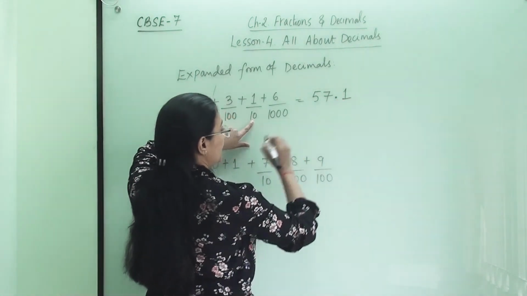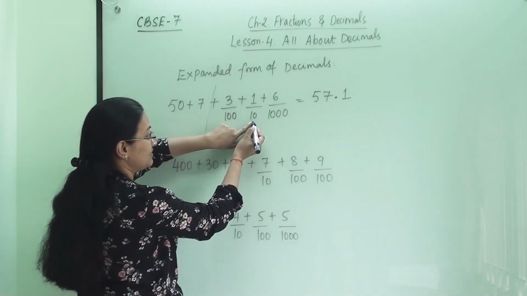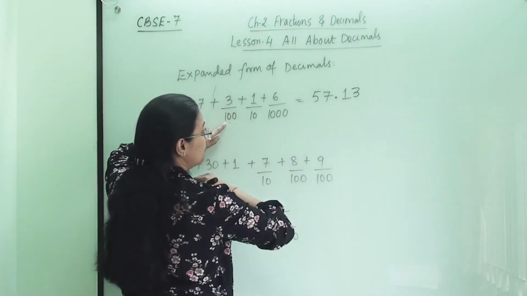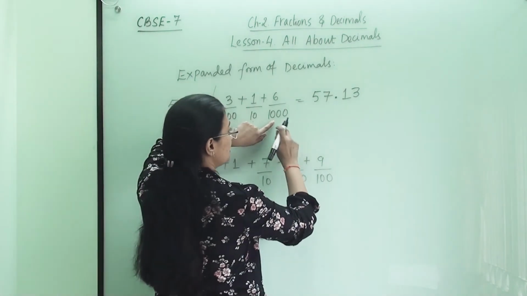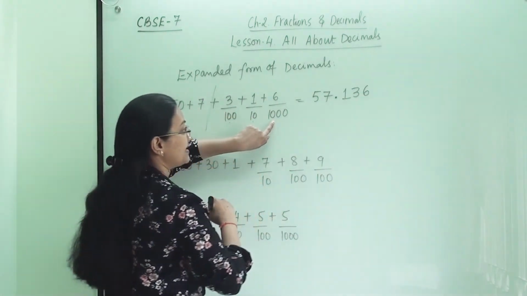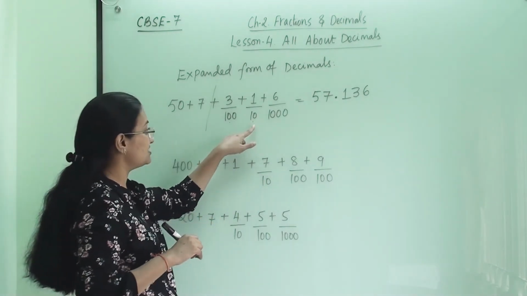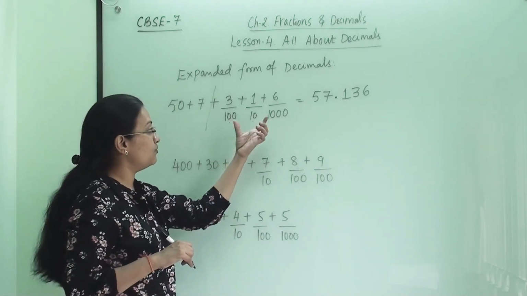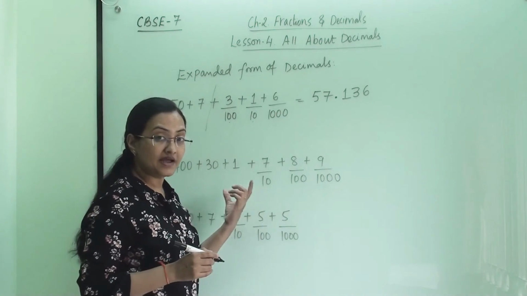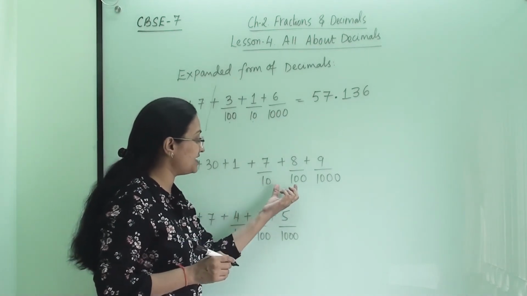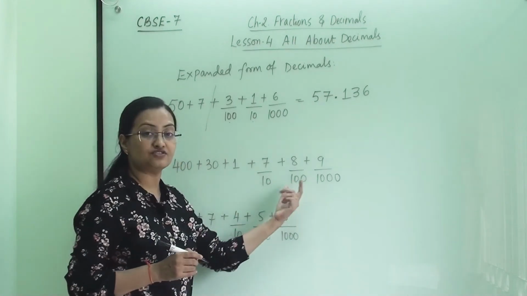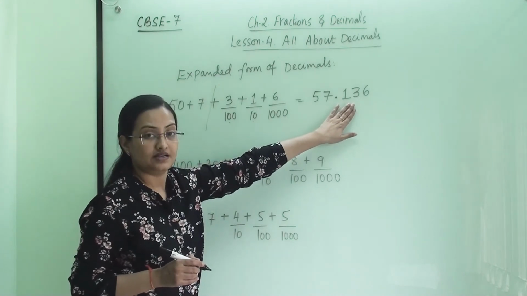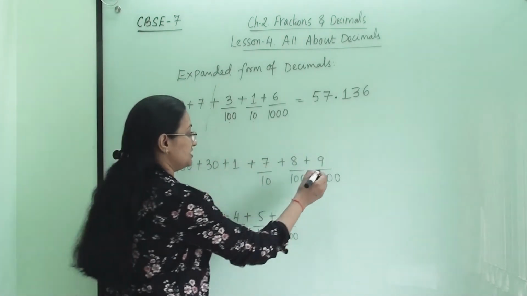So we will write 1 here because into 1's denominator 10 is there. Now 3's denominator is 100, so 3 will be the next number. And 6's denominator is 1000, so 6 will come at the 1000th position. So this is the 10th, this is the 100th and this is the 1000th. That is how we have to arrange these numbers. Whenever you are combining, you have to check that this is 10, 100 and this is 1000. If they have changed this order, then you have to arrange them and then write the decimal number.